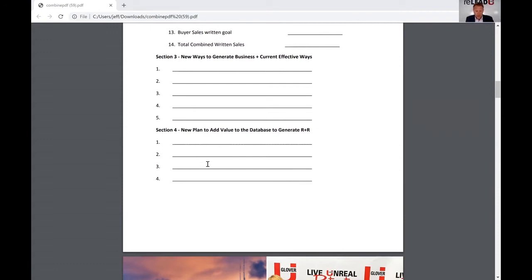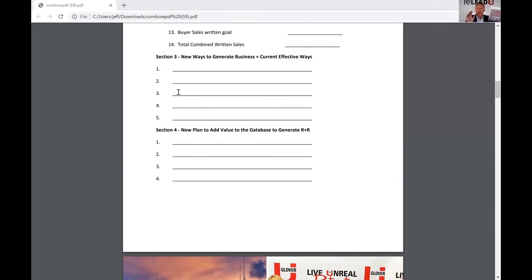So I want you to write down, you've got 5 things you can write in there: 1, 2, 3, 4, 5. I want you to write in there 2 things that you're doing that are working, that you've implemented this year. These are effective ways that I'm generating business. I want you to write in a minimum of 2. Now, many of you, if you've got a real big business, might be doing 15 things. Then you're just going to add extra paper, add extra notes to this. You can copy and paste this into your own document. We don't care. But I want you to write at a minimum, ready?